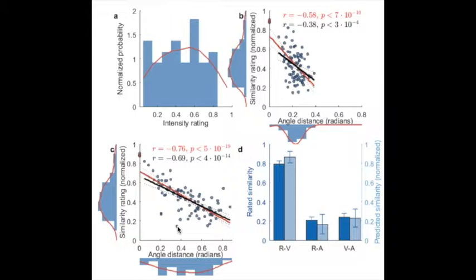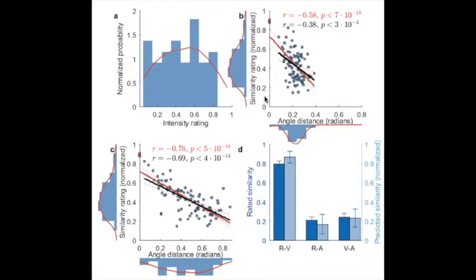Each dot reflects a comparison of two complex mixtures, and you can see that our correlation between predicted and actual is an R of 0.76. So our prediction of perceived similarity from predicted similarity is quite powerful. It was powerful enough to build a model that allowed us to answer Bell's 100-year-old challenge, if you will, of predicting the perceptual similarity of rose, violet, and asafoetida. So here you have the comparisons of rose to violet, rose to asafoetida, and violet to asafoetida. In darker blue, the rated similarity, and in lighter blue, the predicted similarity by our model,